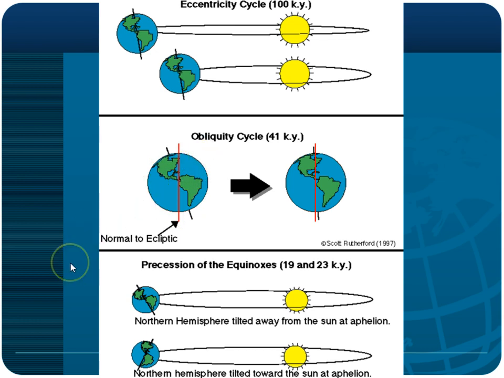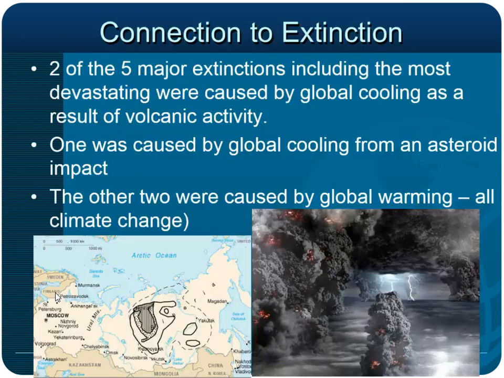And then the last thing is the precession of the axis. What this means is it's a little bit like a top, right? If you have something that's spinning, the axis will actually make circles. So the axis, if you were looking at the pole of the Earth, I'm going to use my mouse to do this, it would go like this. And so the tilt actually changes in the way it's pointed towards the sun. So sometimes the tilt is towards the sun, sometimes the tilt is away from the sun. And these obviously have huge ramifications, especially if they happen together.